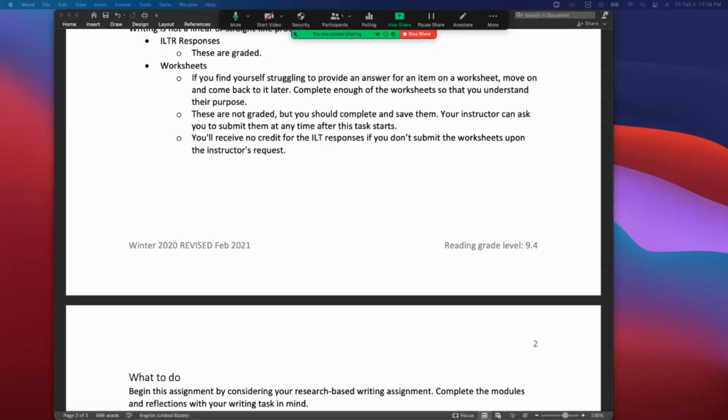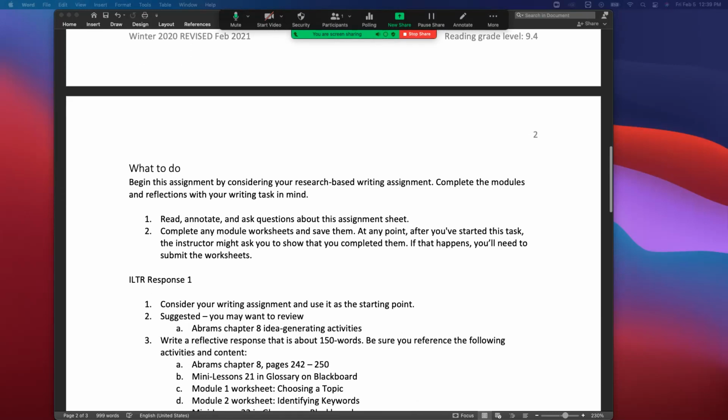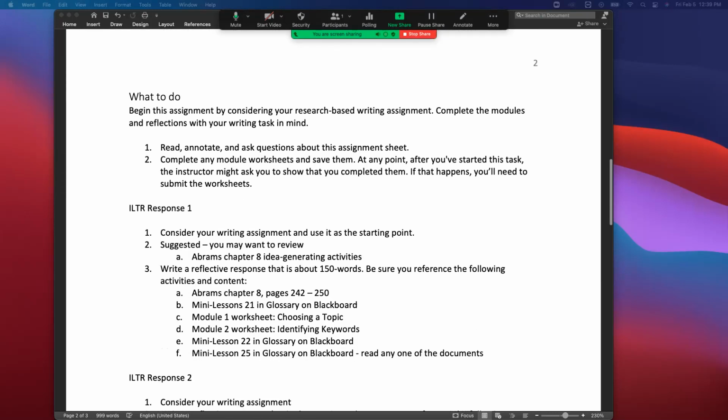And I didn't update this part of the worksheet. It says that I want you to submit the worksheets, but I do not want you to submit the worksheets. So I may have this updated by the time I get it to you, but I'm not sure. So I want you to do the worksheets, but you don't have to submit them. And the reason you don't have to submit them is because you are writing a response